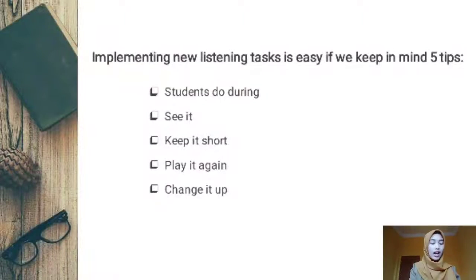The main point I will be talking about is how to increase listening practice time in 5 tips. And the tips are: first, students do during. Second, say it. Third, keep it short. Next, play it again. And the last one, change it up. Before we start